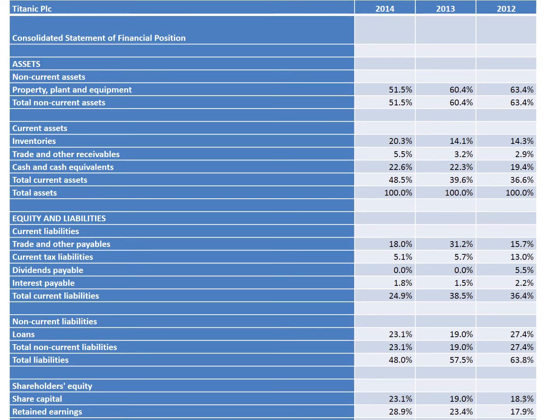Now, the statement of financial position, if you can remember, for the vertical analysis the total assets will be the base. So you will see the total assets row will be the 100%. Non-current assets, inventories, trade and other receivables, everything will be recorded as a percentage of total assets. So property, plant and equipment is 51.5, inventory is 20.3 for 2014. Likewise, all figures will be expressed as a percentage of the baseline total assets.